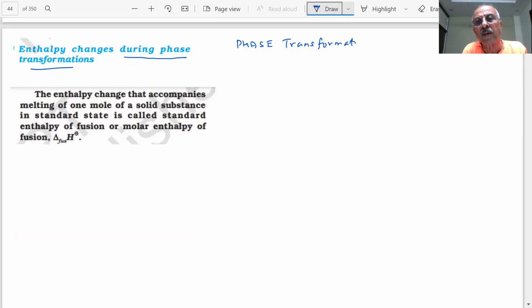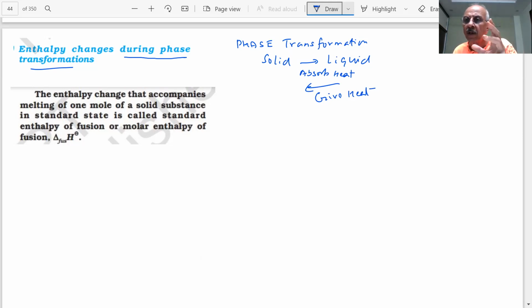For example, you have a substance in solid state, and when you convert it into liquid, what will happen, student? This is a phase transformation. Tell me, when solid is converted into liquid, heat will be required. Yes or no? It will absorb heat. And if liquid goes to solid, what will it do? Here heat is absorbed, student, and here heat will be given out. It will give heat. Yes or no?